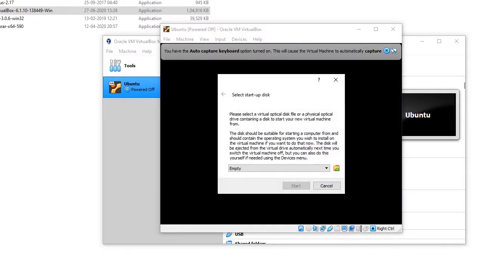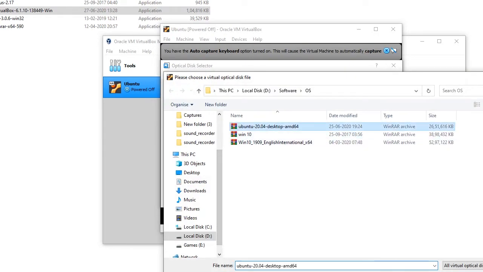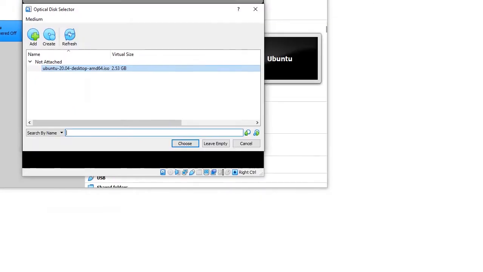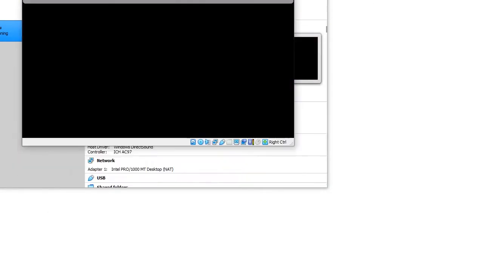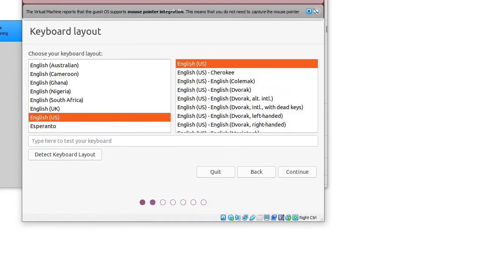It will show you a dialog box. Click on the folder icon, click on the add icon, select the ISO image, click open, choose start. Once it loads, it will ask you whether you want to try Ubuntu or install Ubuntu. Click on install Ubuntu, then select the keyboard layout,